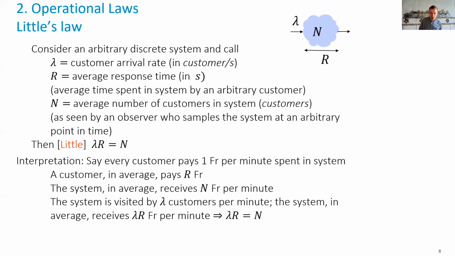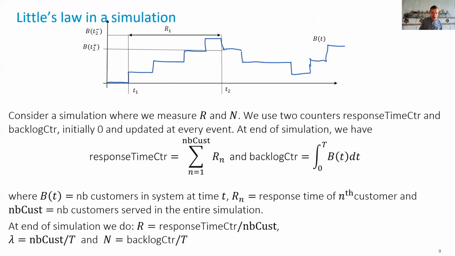What we will do now is analyze when exactly this relation holds. This relation is quite general, and to see why, we will analyze what we would do if we do a simulation. Now you know how to simulate a system, or by the end of this lab, you should be able to know that. So here I'm showing a queuing system and a sample path that we obtained, for example,